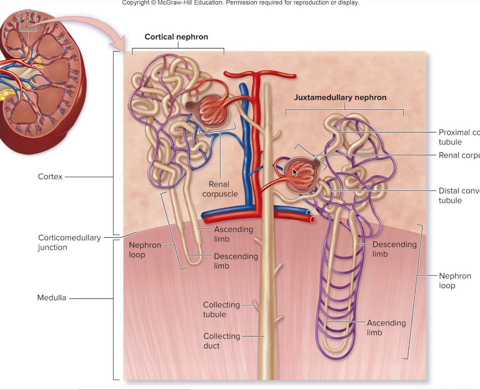So the blood plasma is being pushed through here and collecting in the glomerular capsule, and then it will start to dump into this first tube here. And this first tube is called the proximal convoluted tubule, and it's considered proximal because it's the closest to the renal corpuscle. So at this point, the blood plasma is being modified, and certain things are being reabsorbed back into